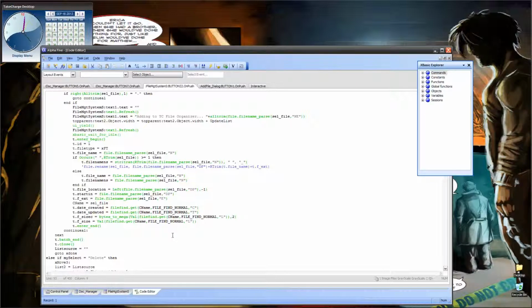And when it's done, it goes to X done, which redisplays everything, and we're finished. Again, it's very simple, but I will explain this code in detail because it's the more complex of the three that we looked at